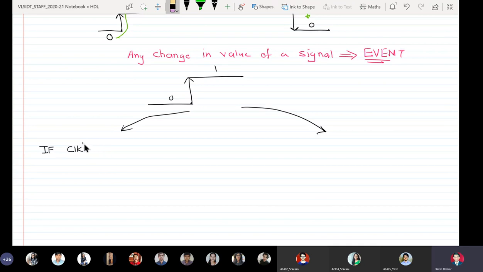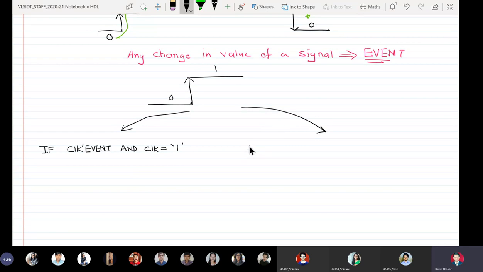And after the event has occurred, the clock has got the value 1. So in case of a rising edge, after the event has occurred, clock is getting the value 1. So I'll say if clock'event and clock = 1. This is how you detect the rising edge of the clock.